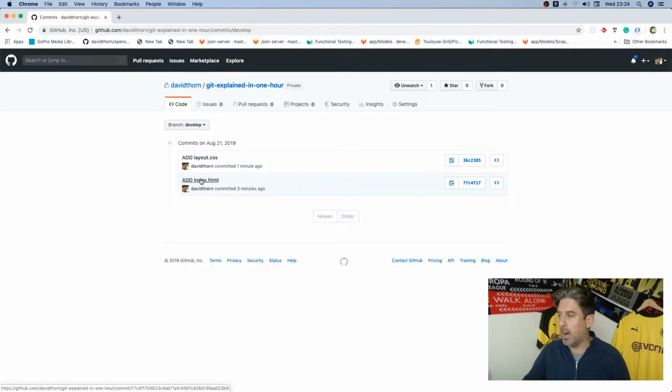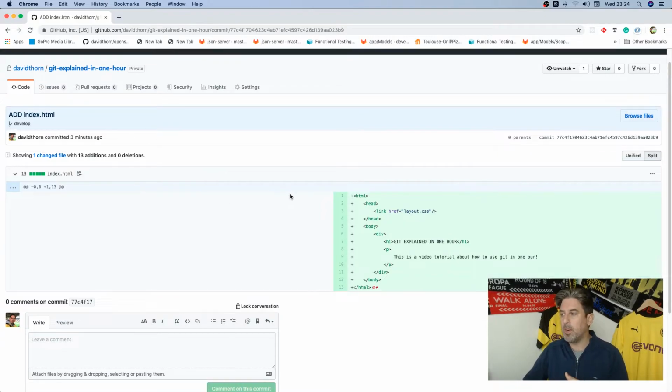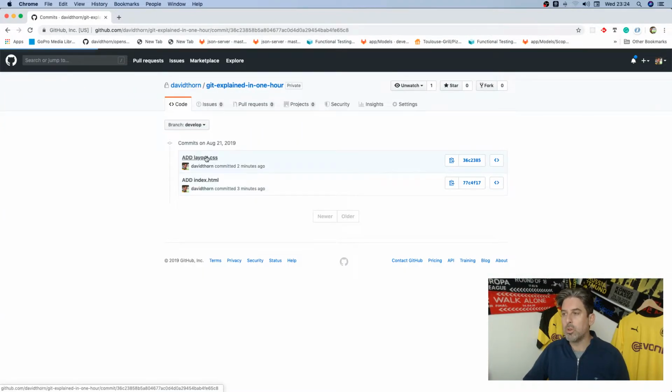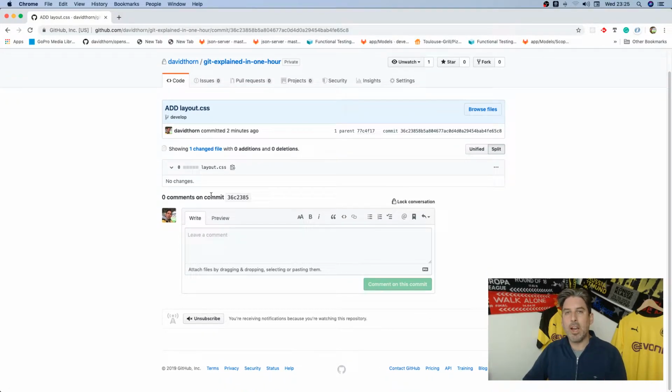Inside of GitHub, we can now look straight into this one commit and see that we've added 13 lines of code to this one file and also added this file. We can also come to add layout.css and we can see that we added one file and there's no changes to it. Okay, this is all well and good,